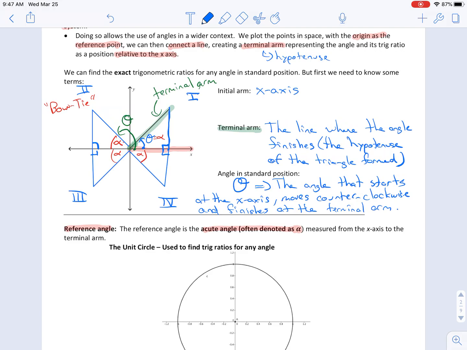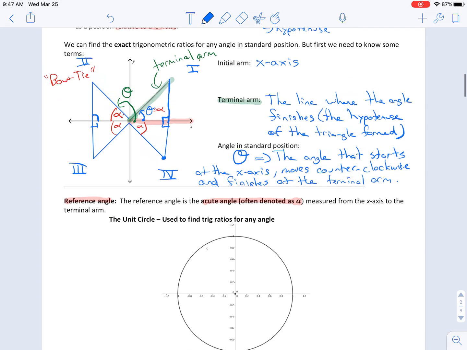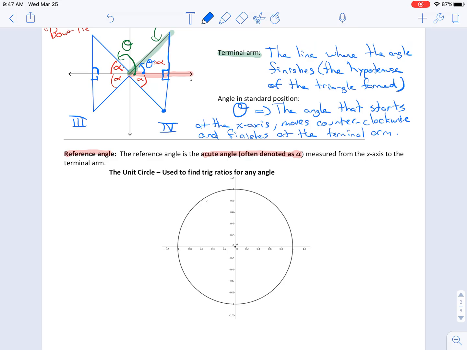You are never going to connect this hypotenuse, let's say we're looking at this one, to the y-axis. That is wrong. It's always going to be connected to the x-axis. So if we look at that kind of thing, so if we start here, I'm just going to do something similar. I'm just going to add things to this. What we can do is think of,